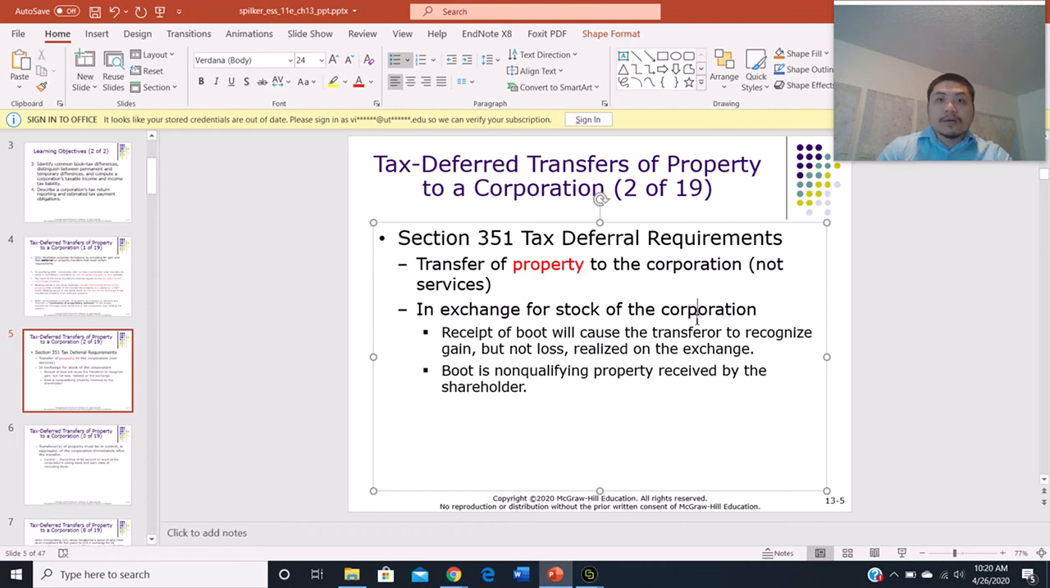So for a lot of the first employees, the first group of people, they are exchanging their services, and in return they're going to receive some shares of the company, right? In that case, that kind of transaction cannot qualify as Section 351. Only property transfers can qualify for Section 351. So that's the first requirement. The second requirement is that